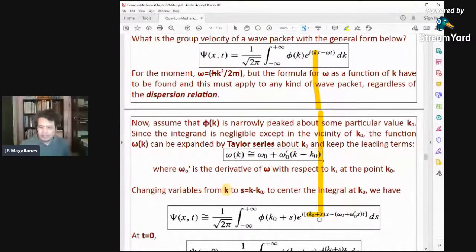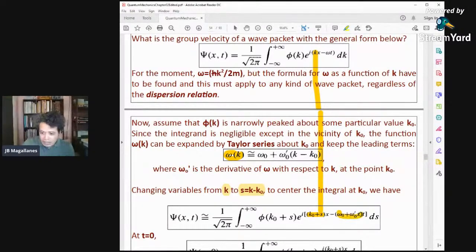So it's k plus s now. Your k here would be k0 plus s by changing the variables here. And our omega, in this case, omega is, by the way, associated to the energy. And again, omega should be continuous because we are admitting continuous energies. So your omega would be written